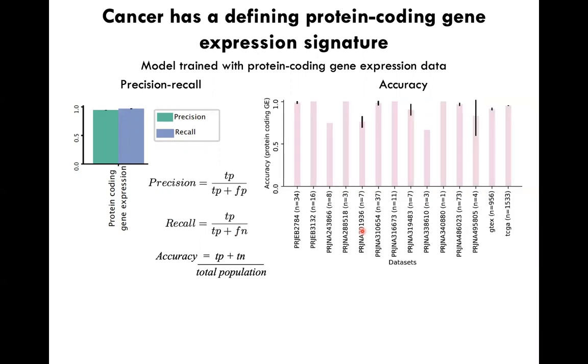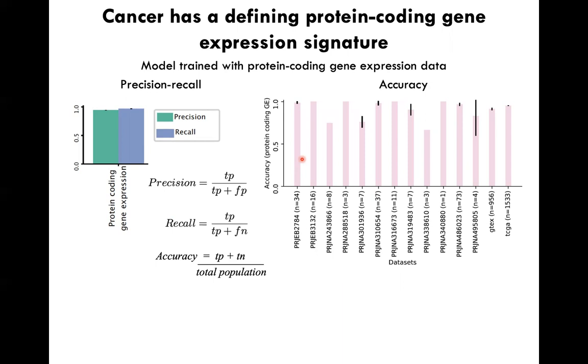Importantly, the accuracy is high across the data sets, despite class imbalance. If you look at the number of samples in each of these data sets, you can see that the numbers vary widely. And the fact that the accuracy remains high across the data sets indicates that our model is predicting classes based on biological signal and not confounding factors. So that's great news. We have a model that works, and that tells us that there exists a protein coding